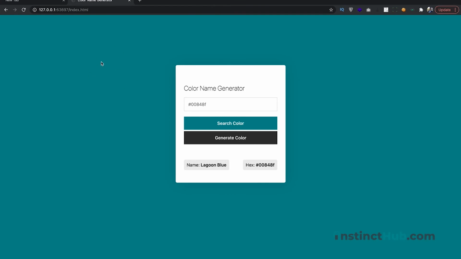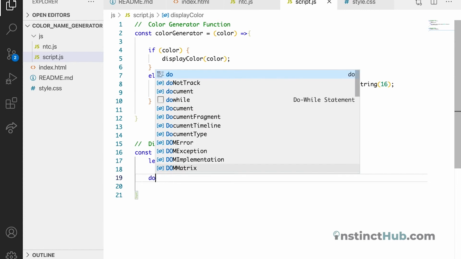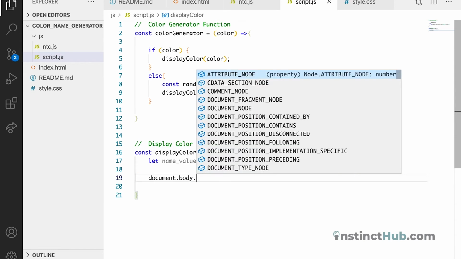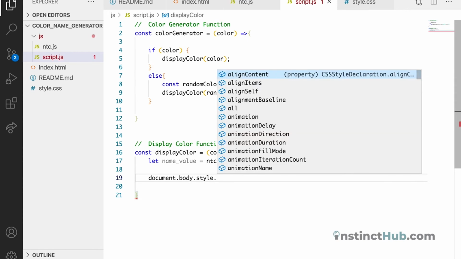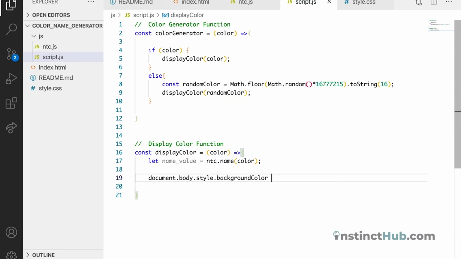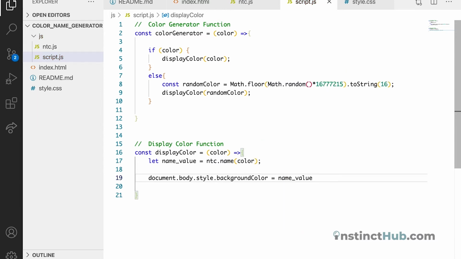So to change the background color, let's target document.body, then target the style dot backgroundColor. Then we want to set the value to nameValue. Then let us have